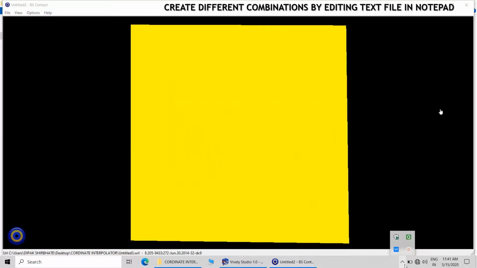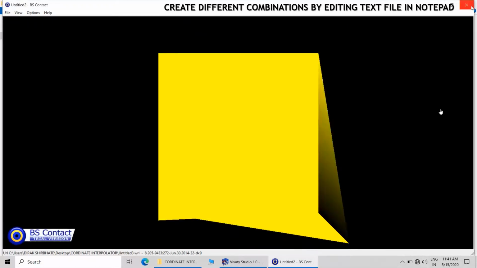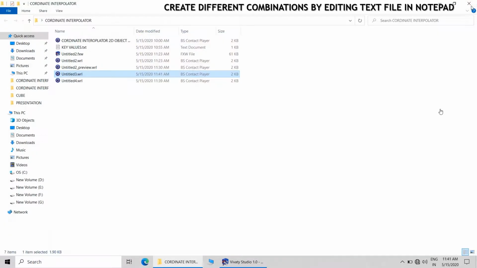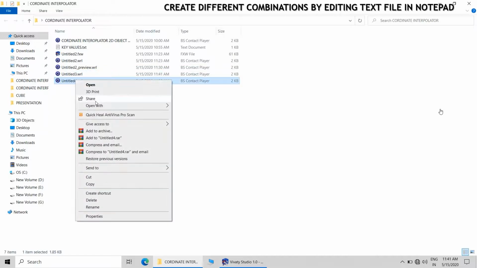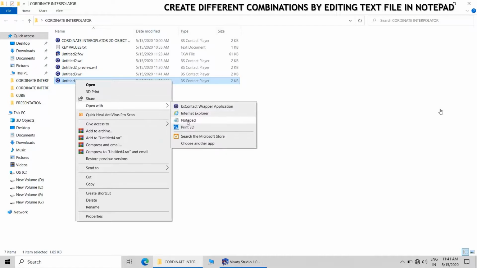Likewise, you can create number of permutation combination. You can try a lot of combinations are possible, and n number of combinations can be there.